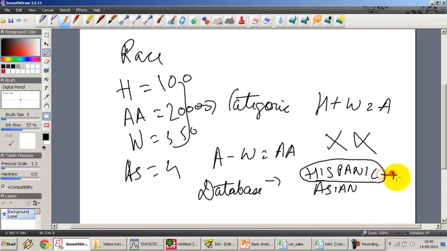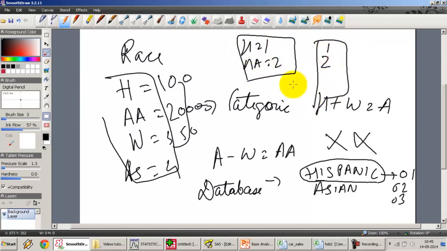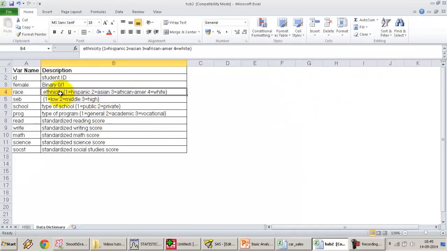What if I record it as 1, 2, 3, and I maintain a master table somewhere else, where I have Hispanic equal to 1, African American equal to 2? This is the master table which appears once. Then I have the full data set in which wherever it's Hispanic I write 1, wherever it's an African American I recode it as 2, and so on, right? So over here it's clear that the ethnicity has been recoded as 1, 2, 3, 4,